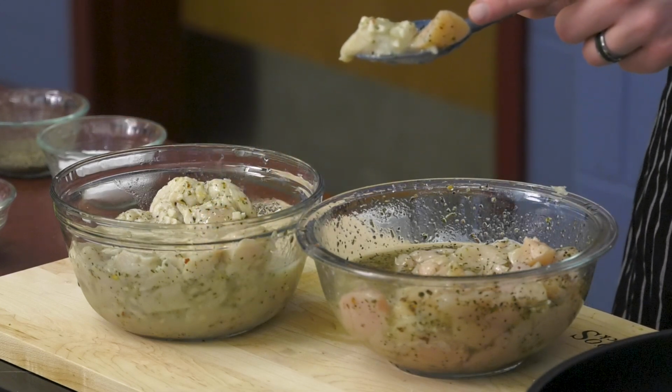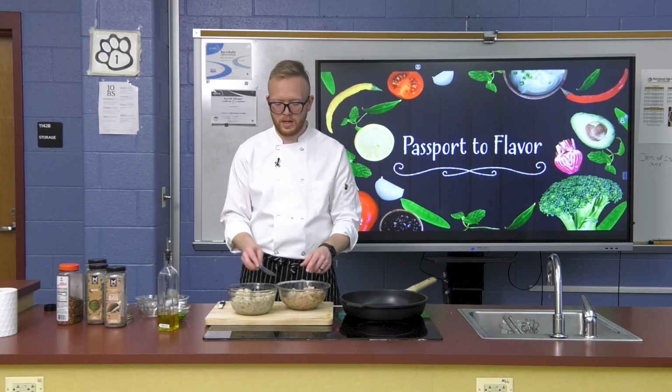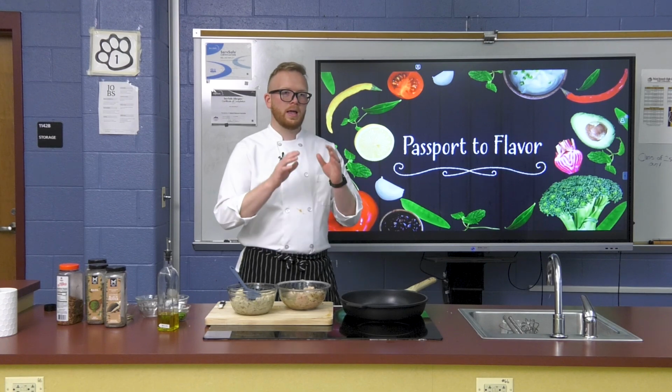So this is the one we just started marinating. This is the one that's been marinating overnight. So that's gonna have more flavor in there. So next step is we need a pan that's screeching hot. If you're at home,